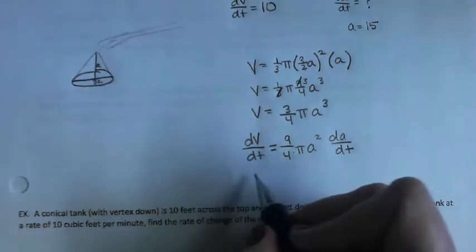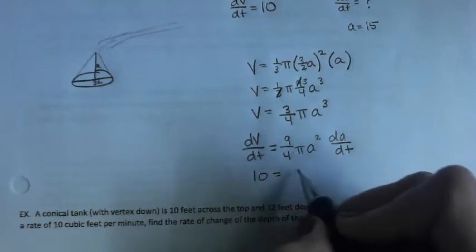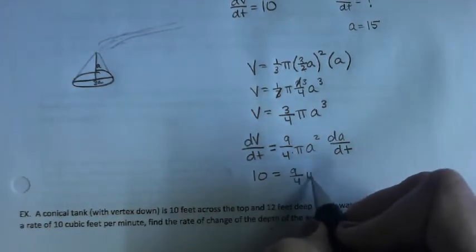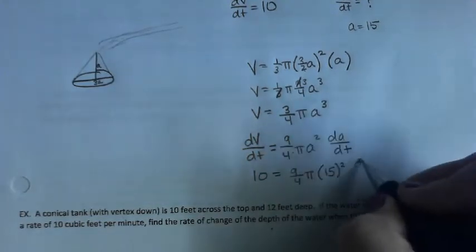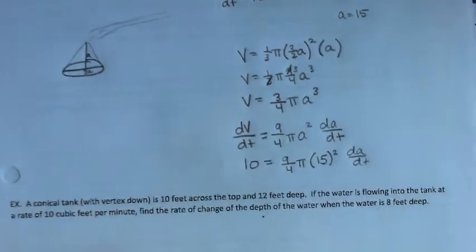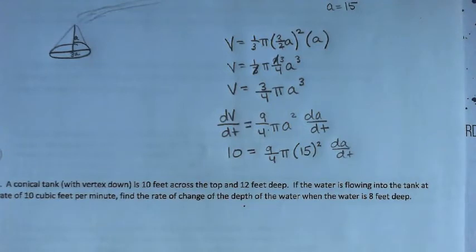And then plug in what you know. 10 equals 9/4 pi 15 squared dA dt. Now again, the simplifying part is the underlying beast here. And if you get wrapped up and you start squaring 15, you're going to make your life harder. You almost want to keep these things as small as you can so you can see different smaller factors that would cancel. This is the same thing as,